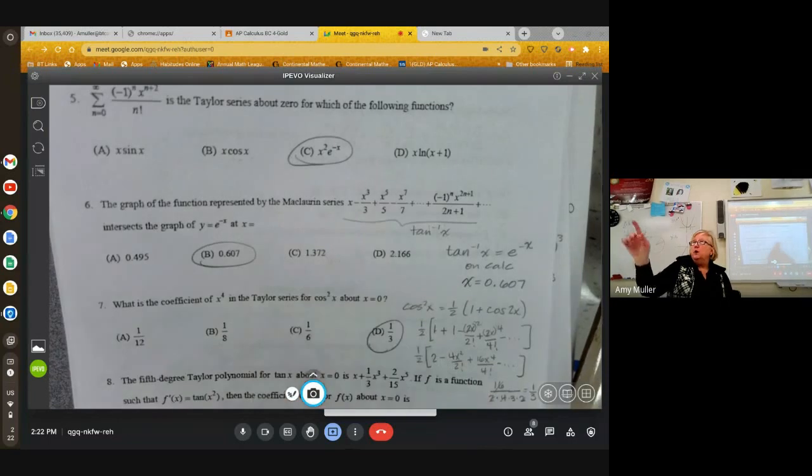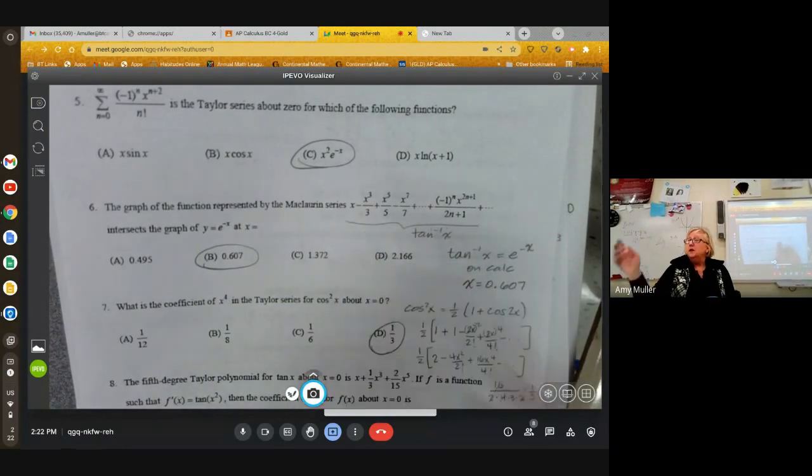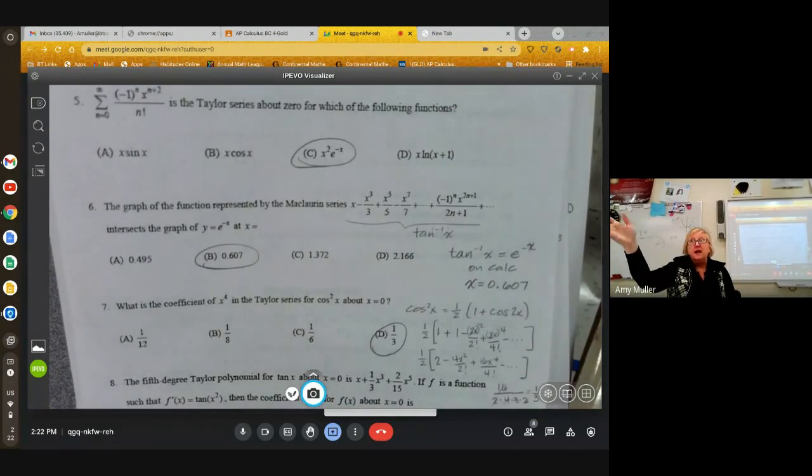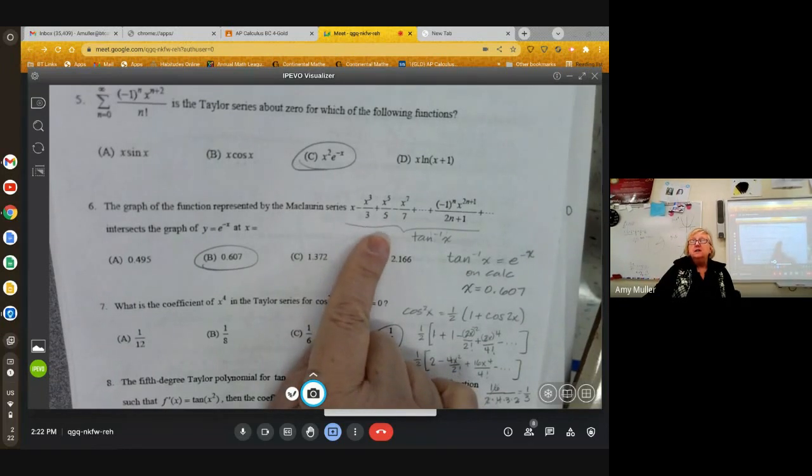Well, it's no factorial, right? So if there's no factorial, it has to be inverse tan, okay? But I want you to know that it's either sine or inverse tan is a good thing. So knowing what that is